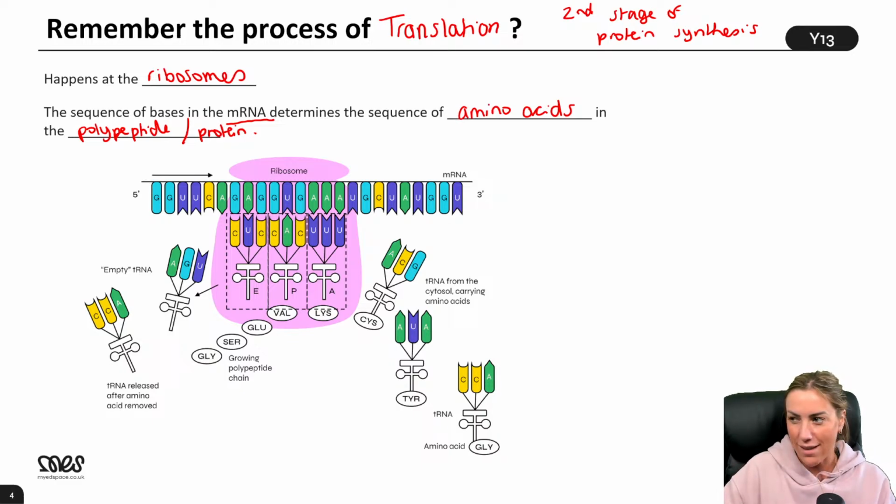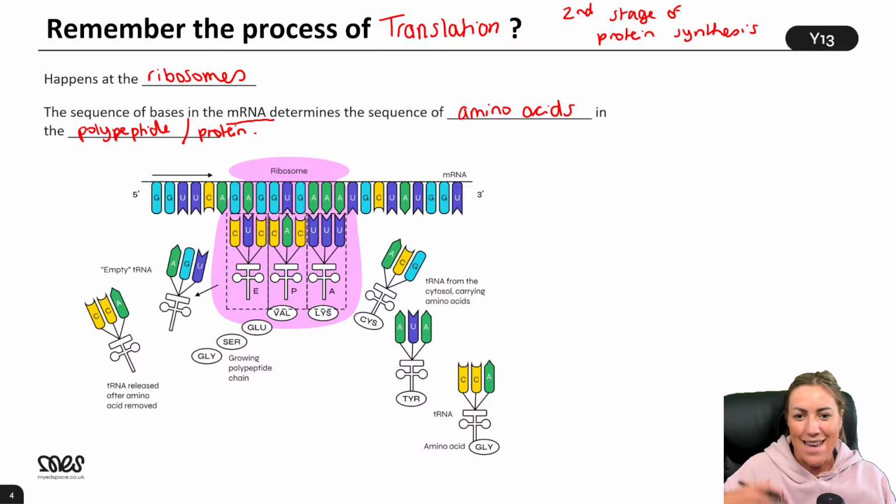Shall we try and describe this process? Can anyone... I mean, what things do we know? I want to know what you remember. If you were given a 5-mark question right now on translation, describe the process of translation, are there any bullet points that we could throw down? Is there anything we can recall? Not even in the right order. Let's just see what you know.